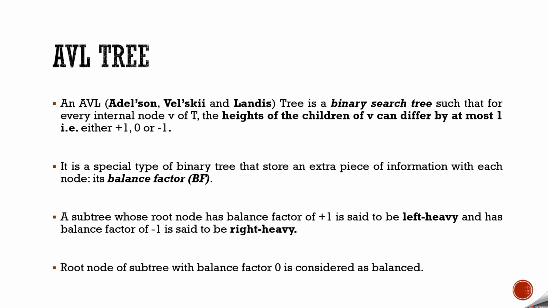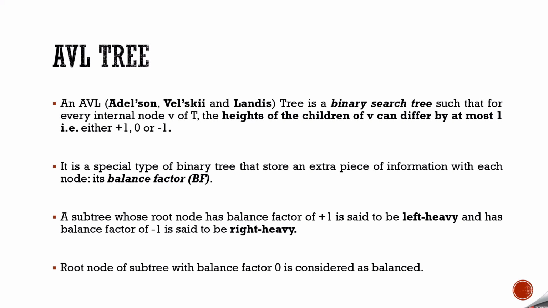Now we know whenever we are creating a binary tree, we always have three components. One is the data part or info part, then the pointer for the left subtree and the pointer for the right subtree. Here there is one more additional piece of information that you have to keep for each node, called the balance factor. This is the value which is going to decide whether my tree is balanced or imbalanced.